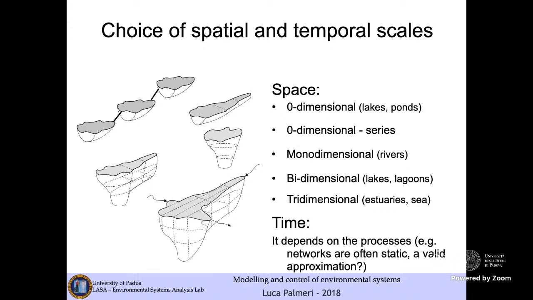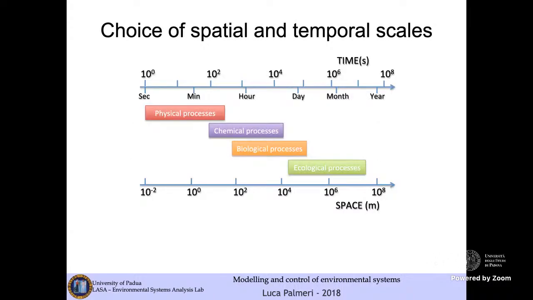For example, we may assume networks that are often static, as we have seen in some examples. For example, the box and arrows model, in which we assume a static description, or a photograph. And you may always ask yourself, or the model may always ask itself, if this is a valid approximation or not. Again, looking at the interaction between